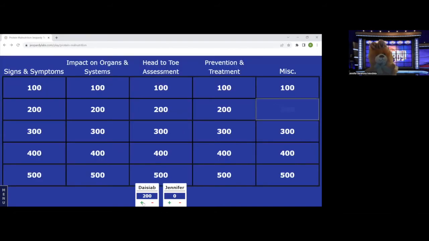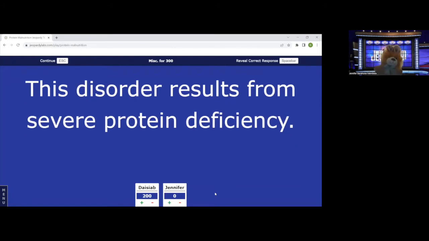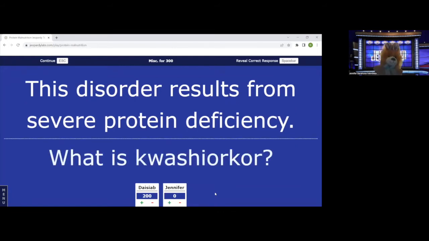All right, next question. Let's do miscellaneous again for 300. This disorder results from severe protein deficiency. What is kwashiorkor? Correct. Kwashiorkor is defined as adequate carbohydrate consumption and decreased protein intake that leads to decreased synthesis